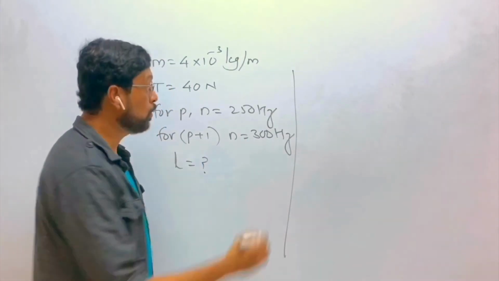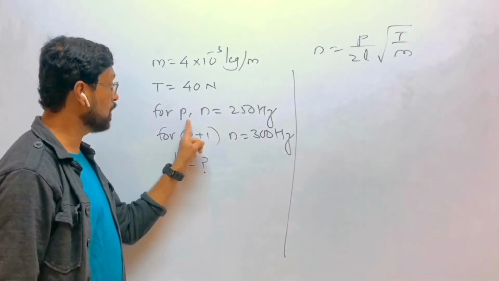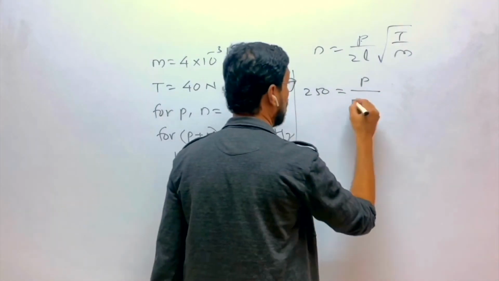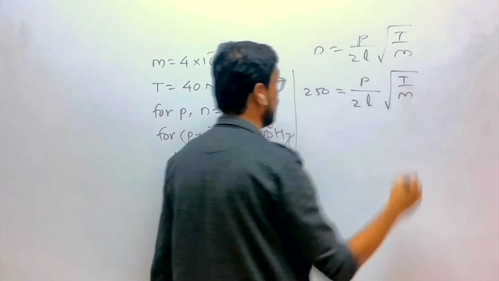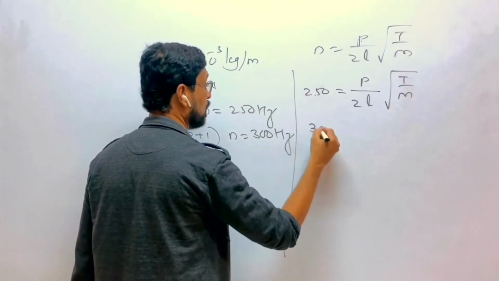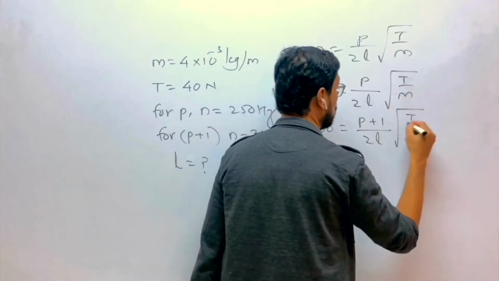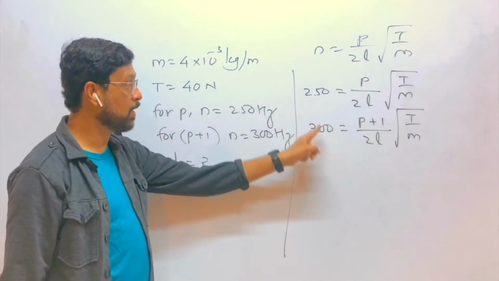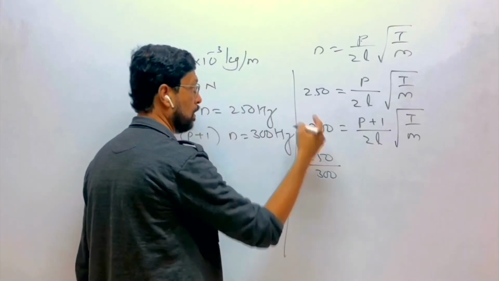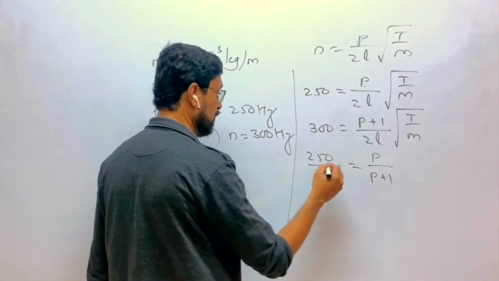Now here we know that n is equal to P upon 2L under root T by M. P हार्मोनिक के लिए n है 250 hertz is equal to P, we don't know how much it is, upon 2L under root T by M. क्योंकि बाकी कुछ चेंज नहीं हो रहा है। और नेक्स्ट हार्मोनिक अब n है 300 हर्ट्ज इज इक्वल टू P+1 अपॉन 2L अंडर रूट T बाय M। पीथ हार्मोनिक, P+1 हार्मोनिक, दोनों का रेशो लो। 250 अपॉन 300 विल बी इक्वल टू P अपॉन P+1। बाकी सब हो जाएगा कैंसल।